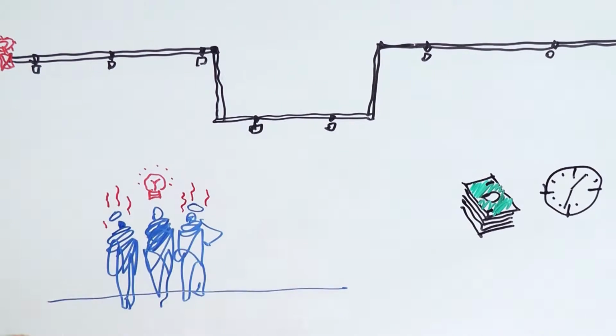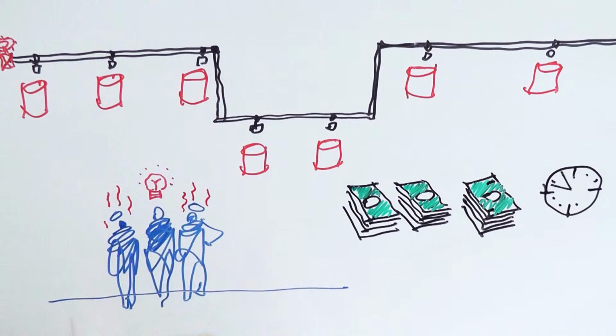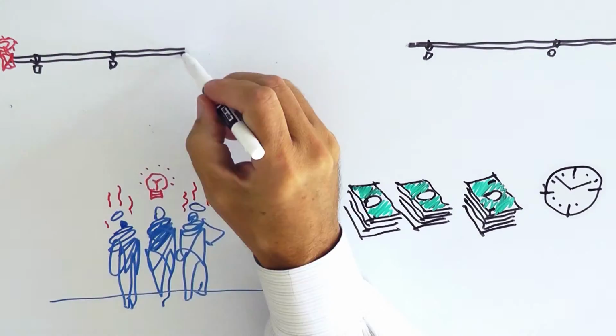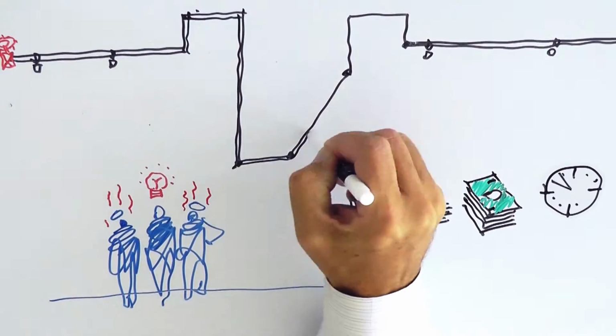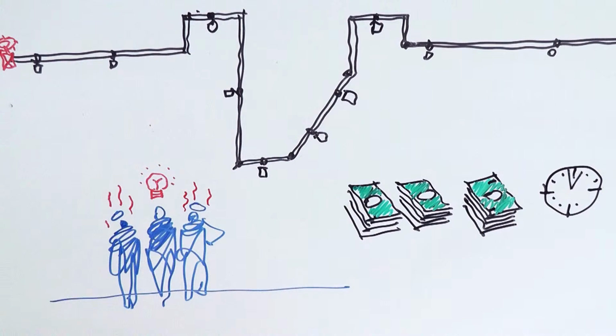Well, the architect and the engineer, they know that this is going to be a problem. They're steaming. It's going to take more time. It's going to take more money. But we can do it. So I have to go up into the ceiling. I have to take down the ceiling tiles. I have to drain the system of all the water. I've got to reconfigure the pipes. I've got to activate the system again, put the water back into it. The change has been made, but at great cost and at some time delay.